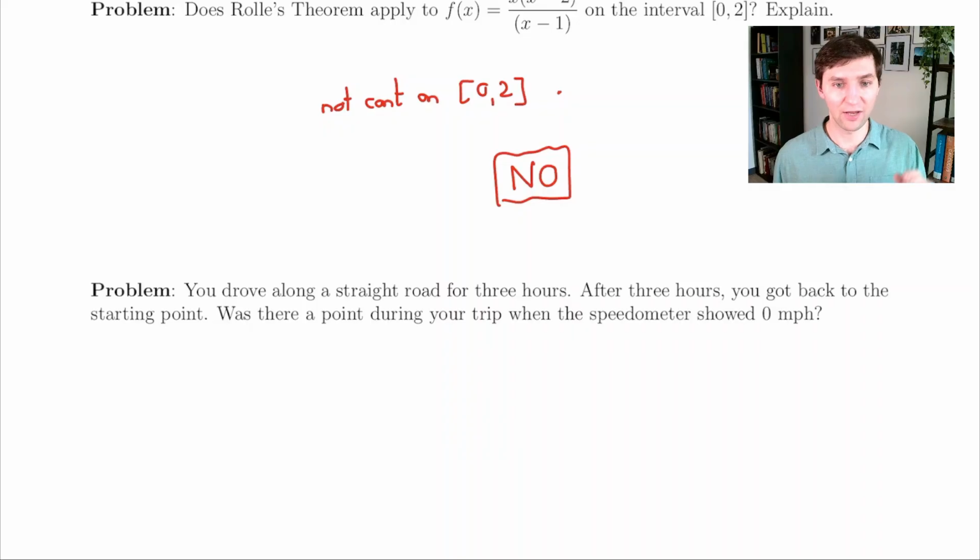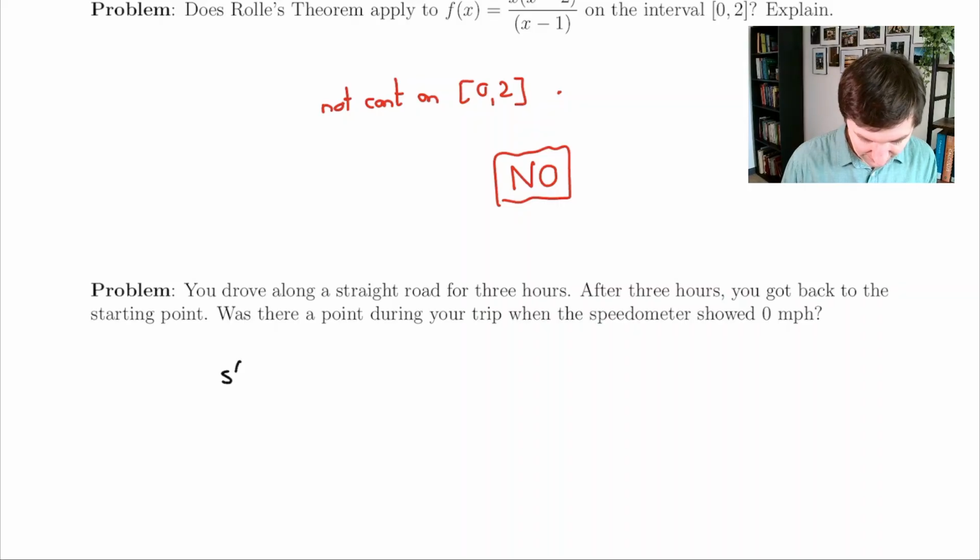If you left your house and started driving on a straight road forward, and at some point you got back to your house, that means that at some point you had to stop, turn around, and start going back, which means there was a point during your trip where your speedometer showed 0 miles per hour. To use Rolle's theorem for that, you have to ask yourself, is the position function continuous? Is the position function differentiable? If I call the position function s of t,